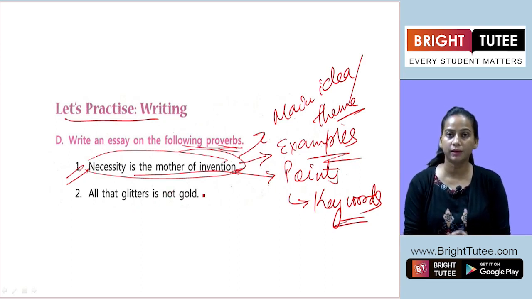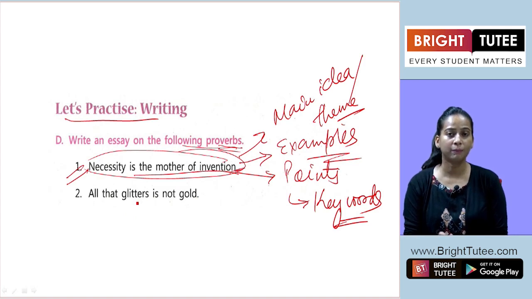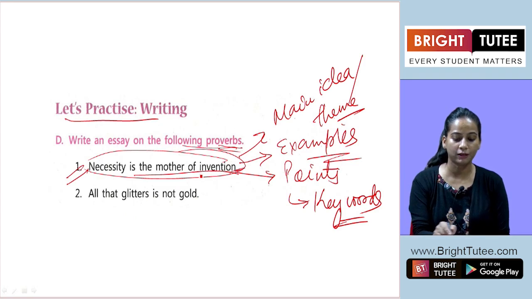In the same way we can continue with the essay. Here we can say it is a well-known proverb which indicates that one who is left with no other option but to complete a certain task or any sort of work, or live through a certain situation, then they manage to do so by any means. It means sometimes when you are in need and you require something, only then do inventions take place. So, this is the intro.